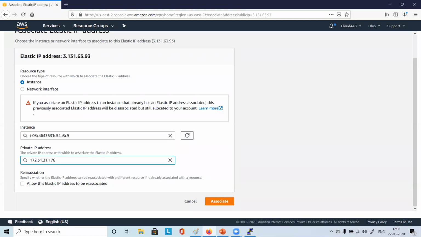Perfect. So now it says reassociation. Specify whether the elastic IP address can be reassociated with a different resource if it is already associated with a resource.